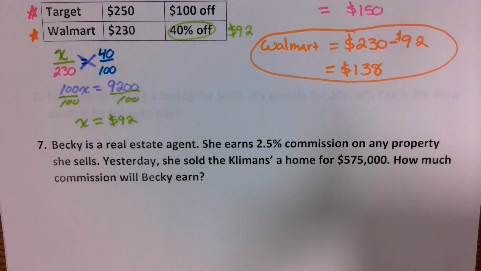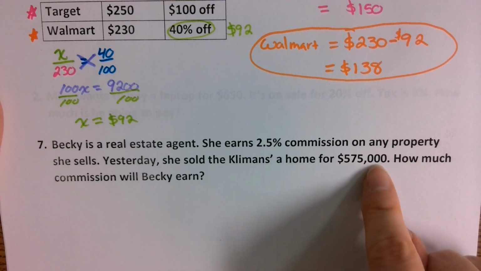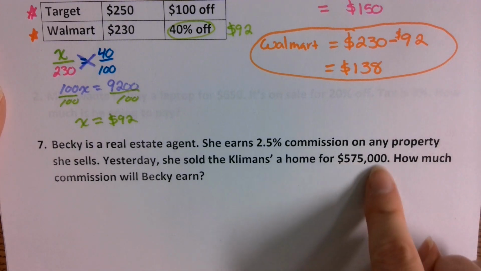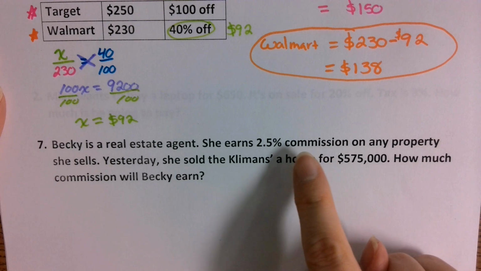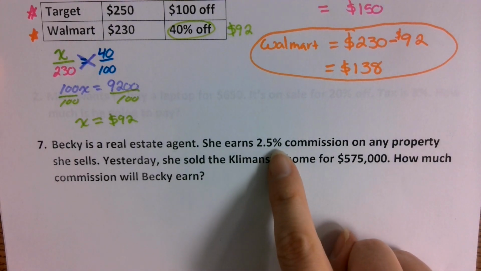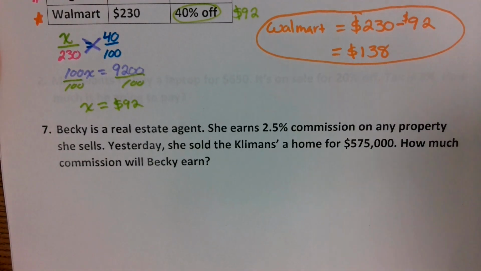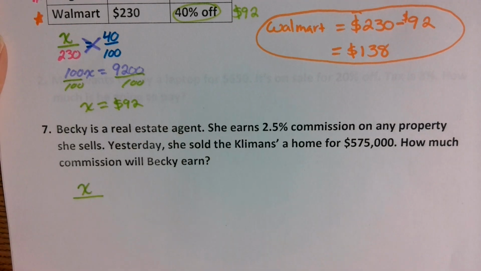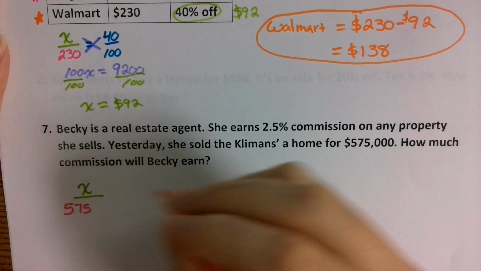They're getting that $575,000. They use that to pay off whatever they still owed on the house, or they might use it to buy a new home. So that $575,000 goes to the seller. The real estate agent who helped sell the home is going to earn 2.5% commission from that price. Okay, so we just set it up. We don't know how much she's earning on commission, but we do know that she's earning it off of the